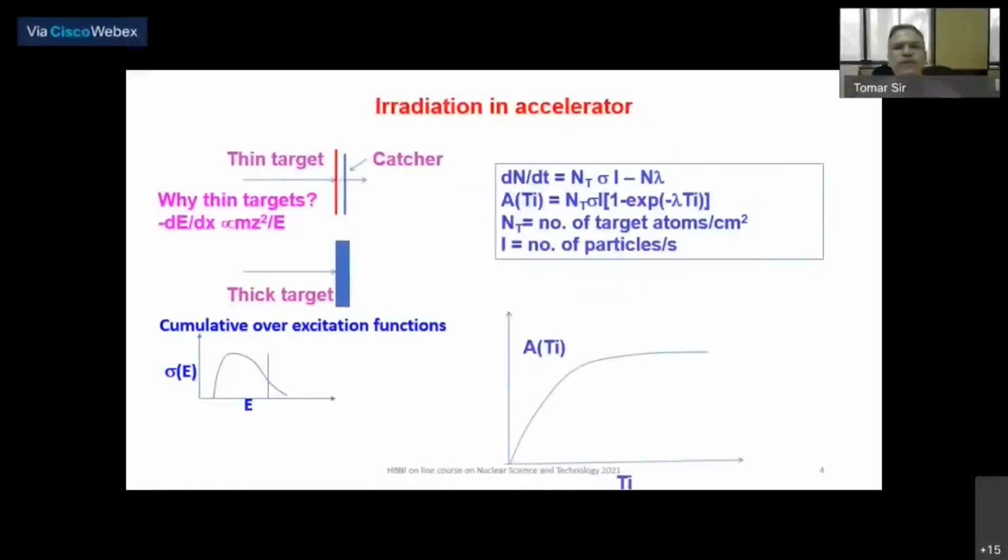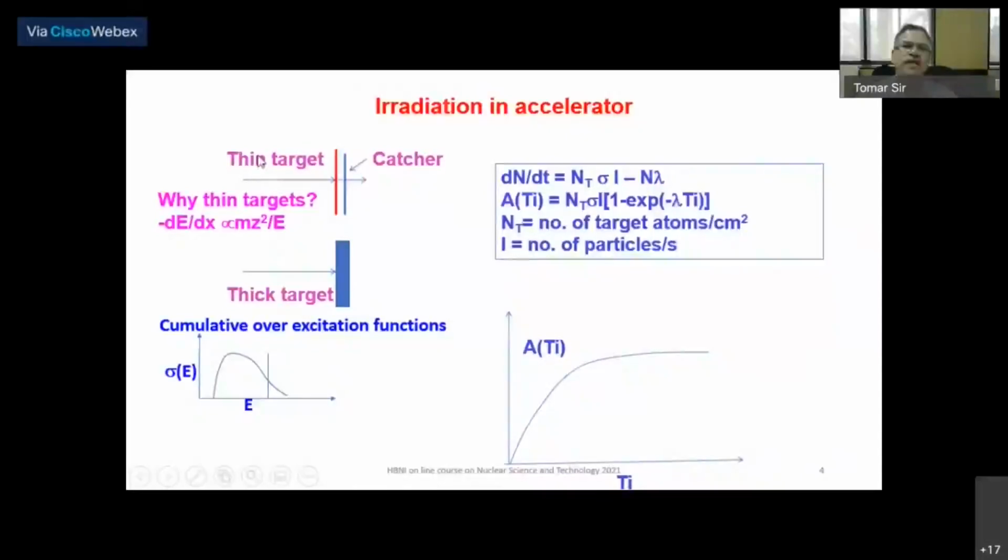Now, when you do an experiment on production of radioisotopes using an accelerator, you are not able to irradiate the entire target with the projectile, because the projectile is available in the form of a very thin, very narrow beam. The diameter of the beam may be 1 to 3 millimeters, whereas the target can be of the order of 1 centimeter dia or even 1 inch dia. And so all the target atoms are not exposed to the projectile.